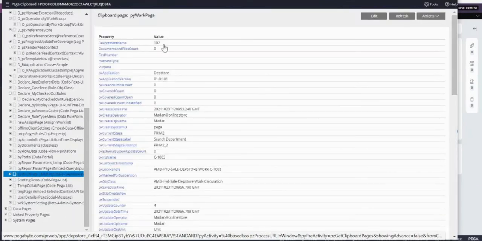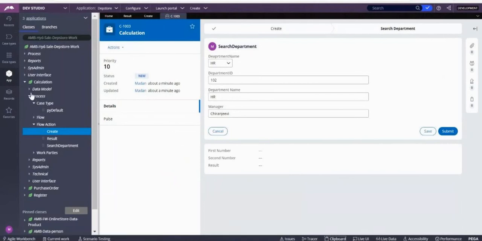On the screen you should display department name. That's why, see, it is 102. The property stays as department name, but the value is taking department ID, because in your property,